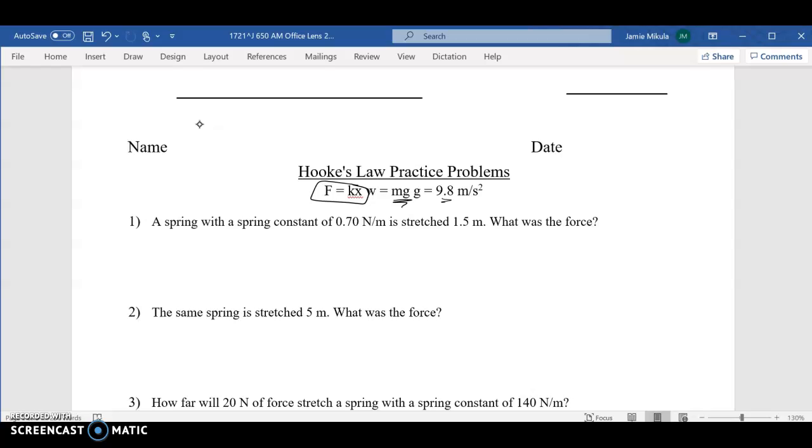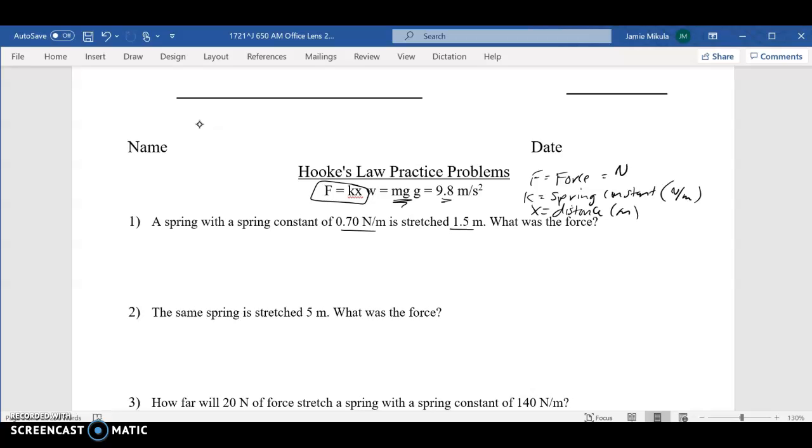So F stands for force. K is spring constant, and that's going to be newtons per meter. And x is the distance that the spring stretched or compressed. So that's going to be meters. And force is newtons. All right, so this one says a spring has a spring constant of 0.7 newton per